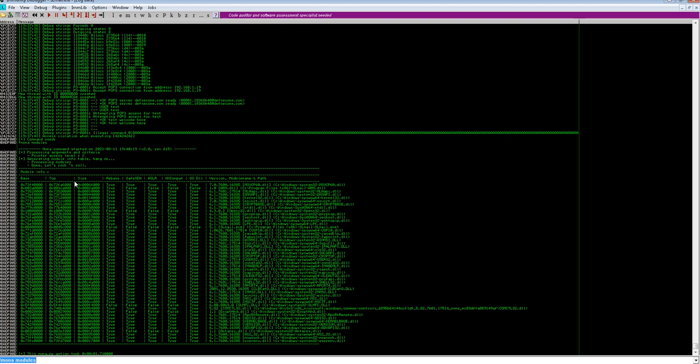Now you could see that there are a lot of DLLs and EXEs here, but we need to get the right DLL and right EXE on this machine. Just ensure that the rebase, safe SEH, ASLR, all this is set to false. Okay, you could see that there is an EXE which is set to false here. We will not be able to take the EXE jump ESP address because the EXE addresses will be changed whenever you restart your machine. So we need to capture it from a DLL file.